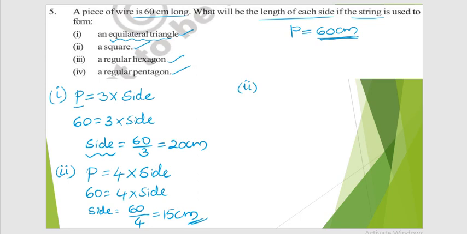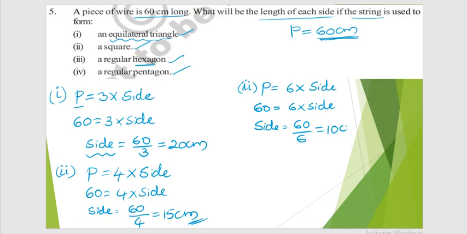If I go with the third question, finding for the hexagon, right? Perimeter is equal to, hexagon means 6 sides, so 6 into any side. The perimeter is nothing but 60. 60 is equal to 6 into side. So from this, side is equal to 60 divided by 6, which gives me 10 centimeters. Next,